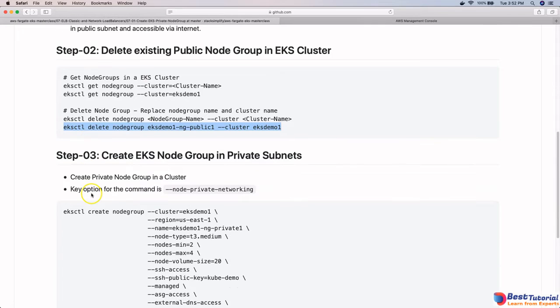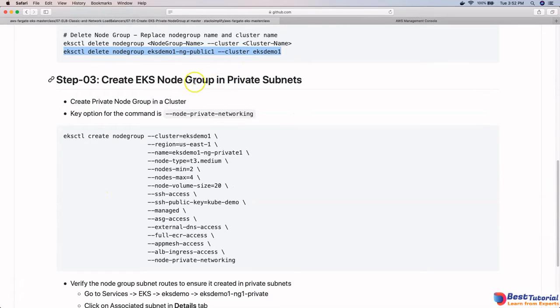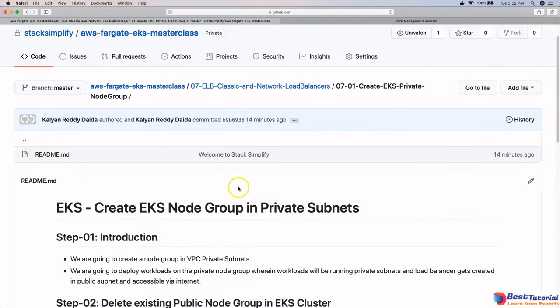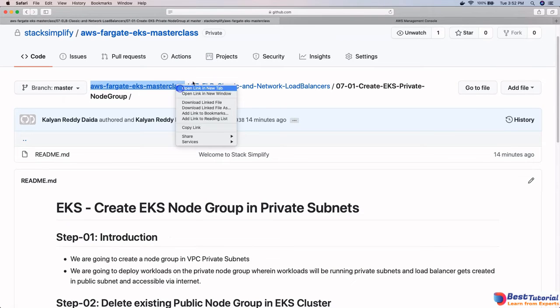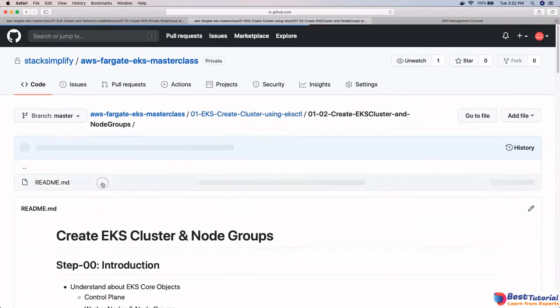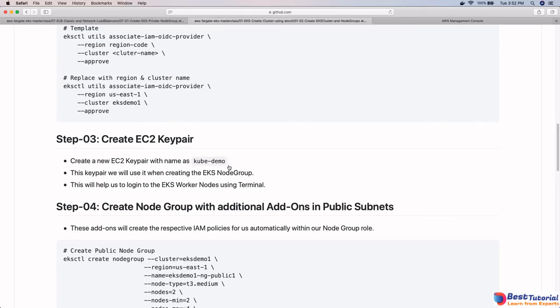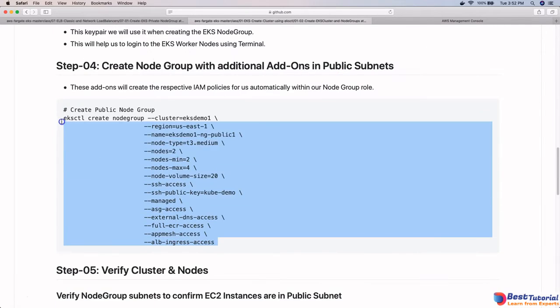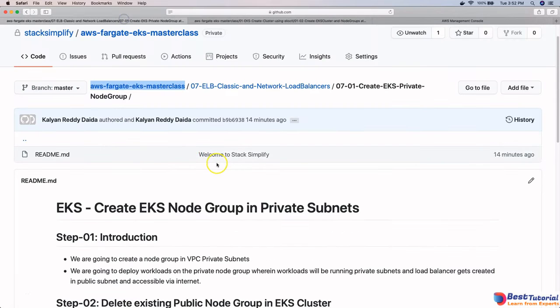Now let's go ahead and create the EKS node group in private subnets. The key option we are going to provide, in addition to whatever we did in the other step: if you open the step EKS create cluster using eksctl, you will see we created the node group there on the public subnets. All these are the same. Only one additional option we are going to give,